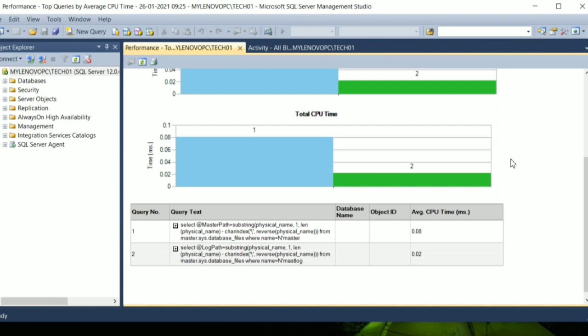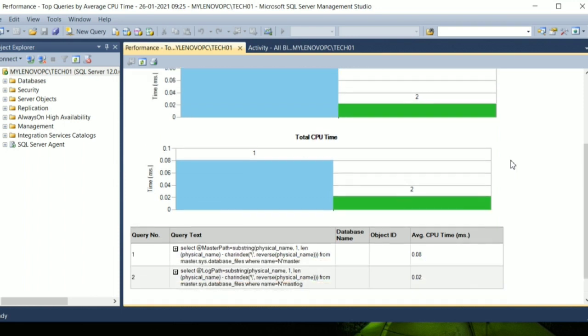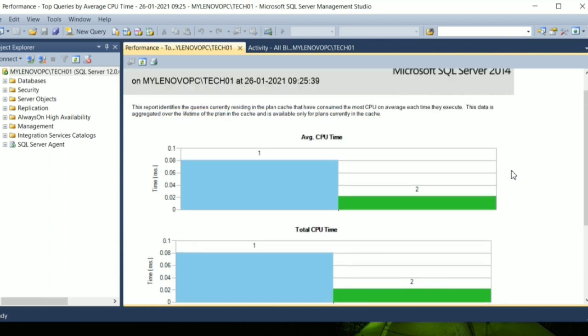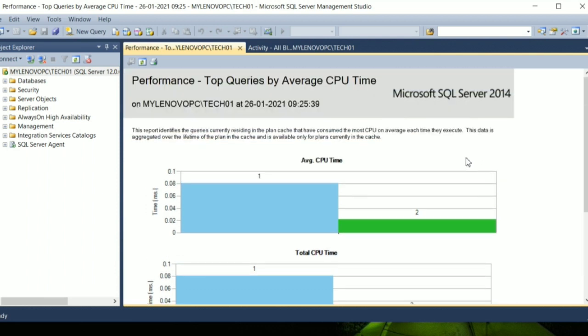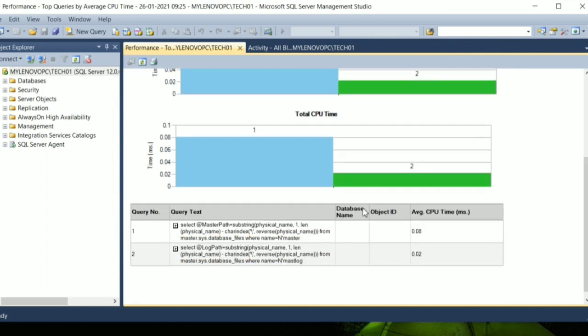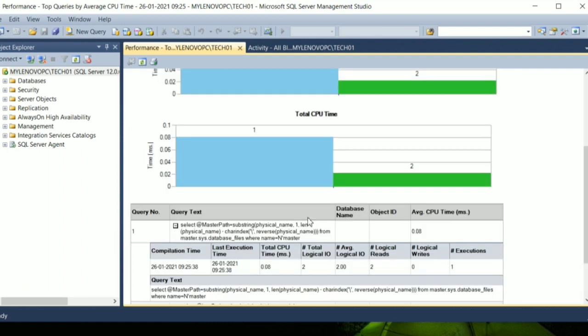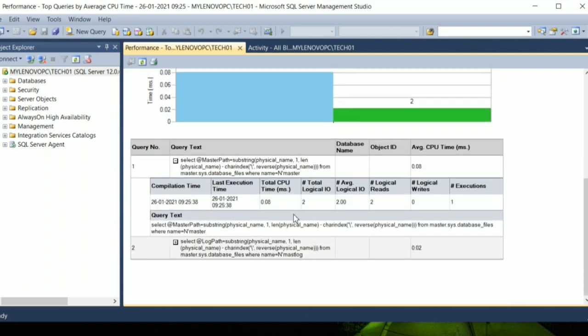Okay, in this case it's a dummy database, so I don't have any high CPU alert and all, that's the reason it shows very little, but you can track high CPU alerts this way. What are the queries which are causing the high CPU, and on which date and so on. The exact query also you will get from here. You can extract the queries, the date and time, and the total CPU time also you can get here.